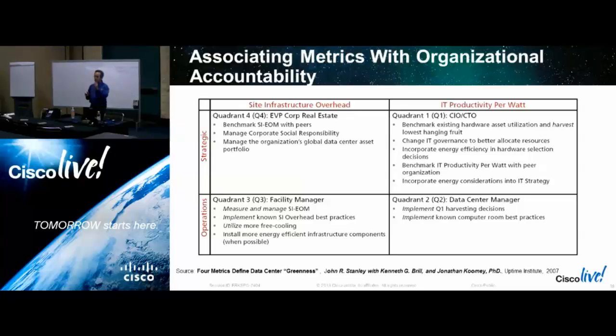And in Dr. Koomey's paper, he has it defined as OT and IT, strategic and tactical. And that makes sense, you know, for the day-to-day. You have the guys who take the long view, and the guys who need to make it happen today. But organizationally, the metrics they're graded on are metrics that they have control over, that they can action, and that is in their span of control. And so when you make your energy programs, don't just run with PUE, for example. Distill that down to actionable things that can be organizationally aligned.